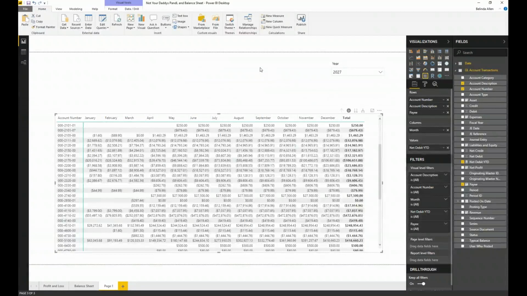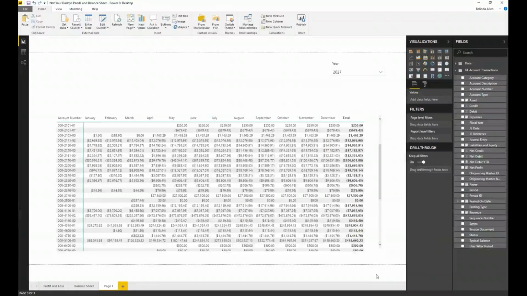But that's pretty cool. Now, if your period happens to be where you're not on a month, you're on like a 445, these kind of date functions are not going to work for you. Unfortunately, you're going to be stuck with manually creating them through DAX. That's only going to work if your periods line up with months. It doesn't matter if you're on a calendar year or fiscal year, but your period has to line up with months for that to happen. So that's pretty nifty. Love that feature.